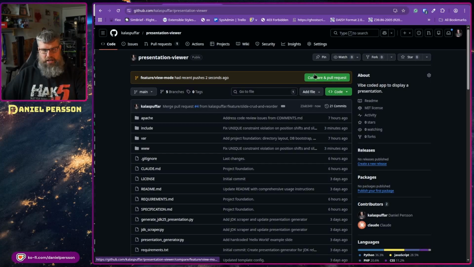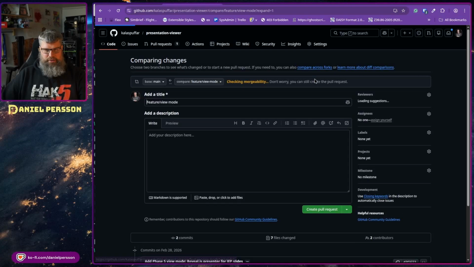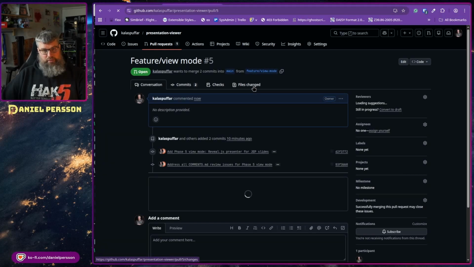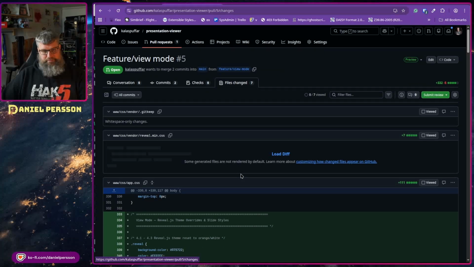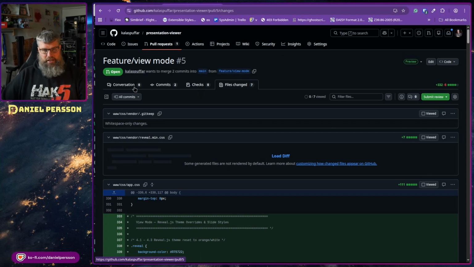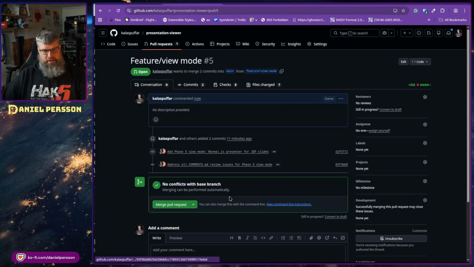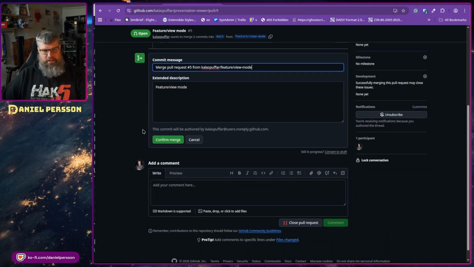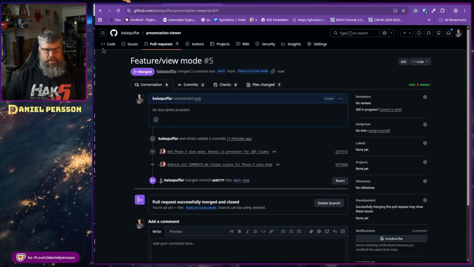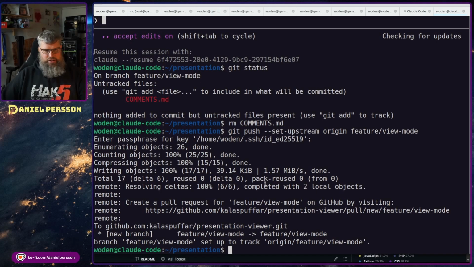We will go here, create and compare a pull request, create the pull request. We should review the files as before. This time I will not. We have seen that process already. Merge it in. So now that we have that, we can start anew,